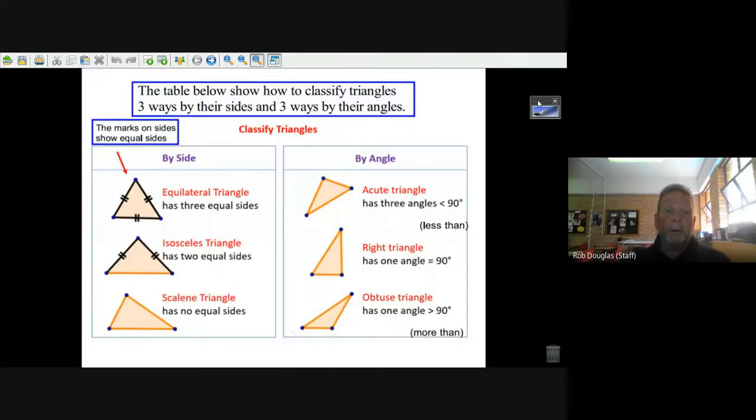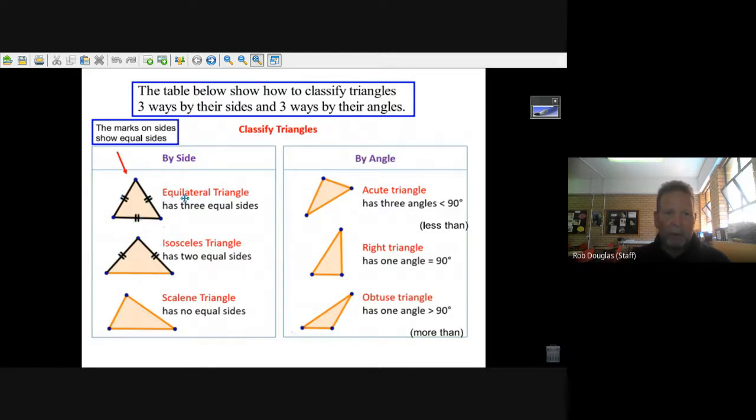Okay, we're going to look at classifying triangles. There's 6 different names we have to learn. When you look at a triangle, it's always got 2 names. One that talks about its angles, and the other one talks about its sides. Well, if you've got a triangle and all 3 sides are the same, it's